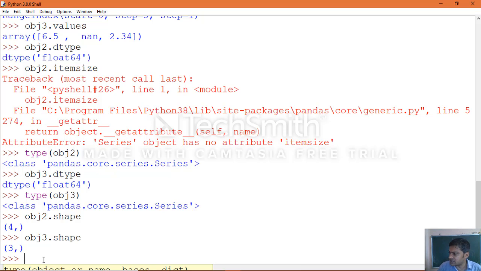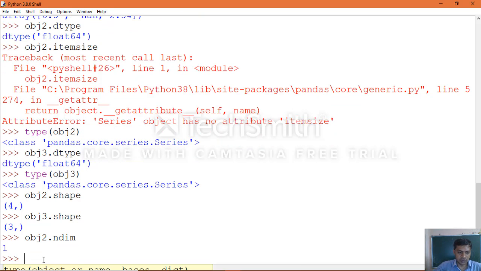In the same manner, we can retrieve dimensions as well as bytes and size. We all know a series object is one dimensional, but you can still try obj2.ndim to get the dimensions. Yes, we get 1 as the output. Same with obj3.ndim.